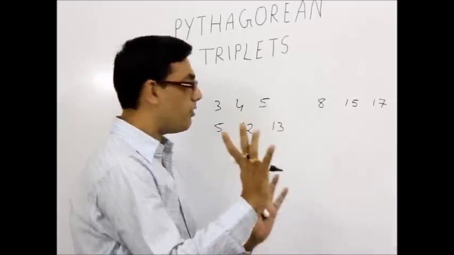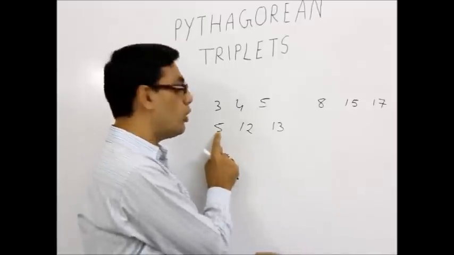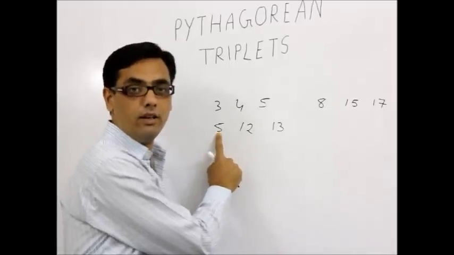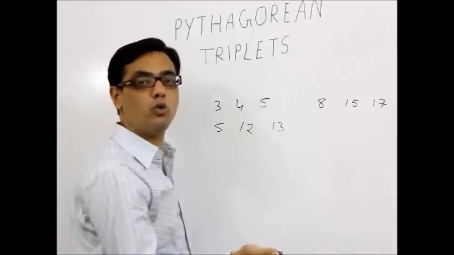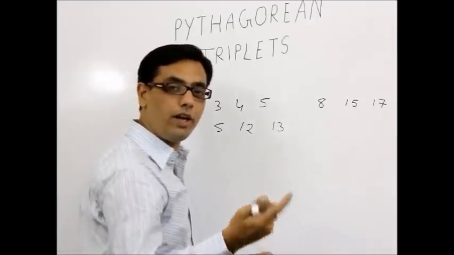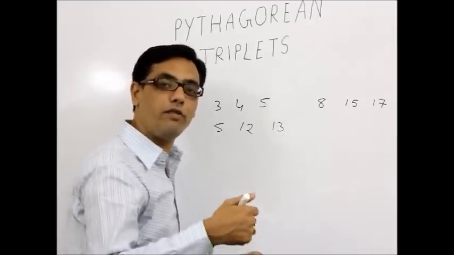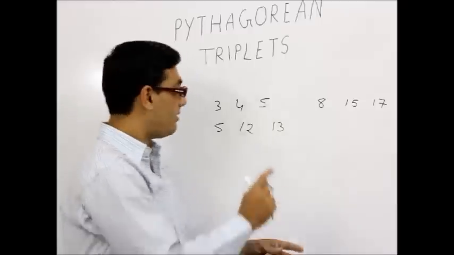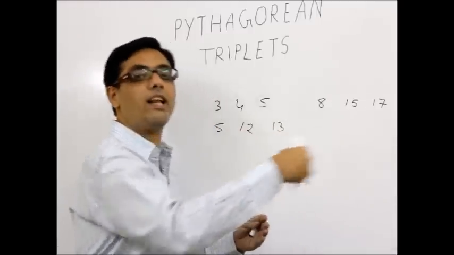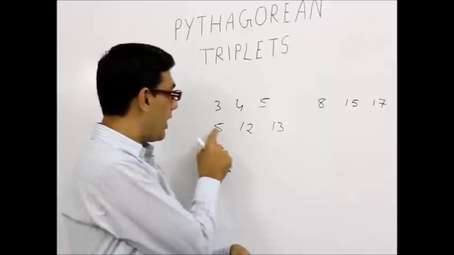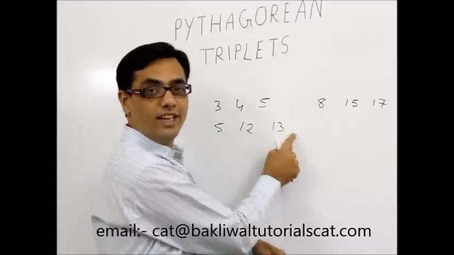So what is the trick? Now pay attention, very simple. You do 5 square. So what is 5 square? 25. Divide by 2. So 25 divided by 2 is, my dear friends, 12.5. So the rule is take 12 and 13. Take the integers which are on either side of 12.5. So corresponding to 5, you will get 12, 13.